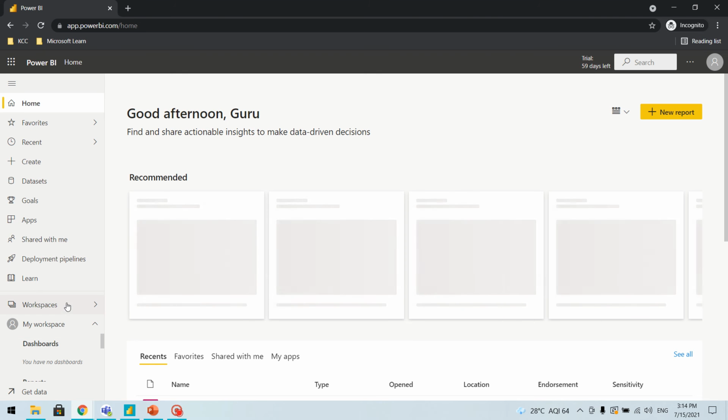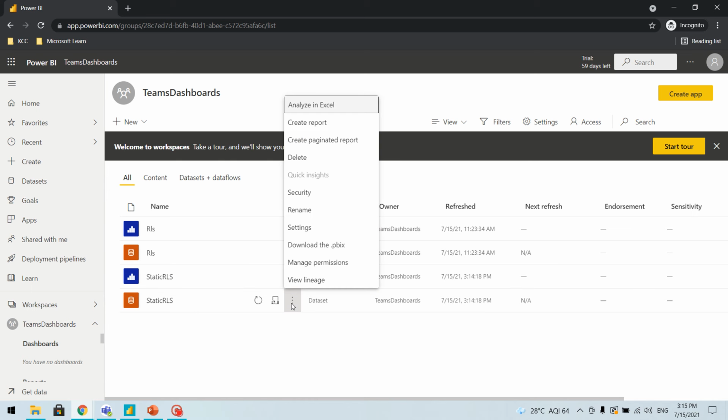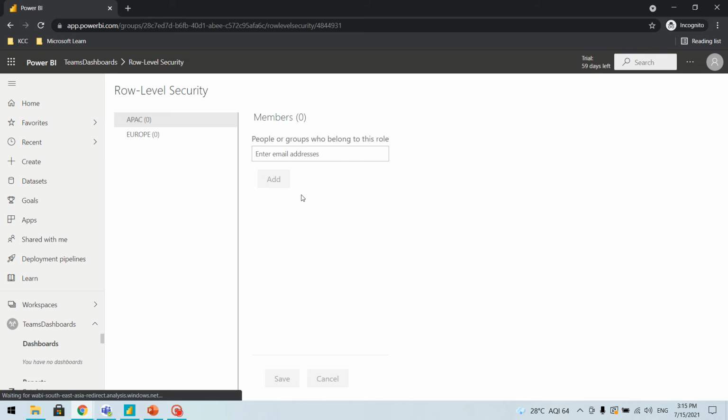So let's come to the workspace. This is the workspace, and this is my report. What we'll do is go to the dataset, and in the dataset we have security. In security you can see I have 0 users assigned in both. So I can assign one to APAC and another to Europe.